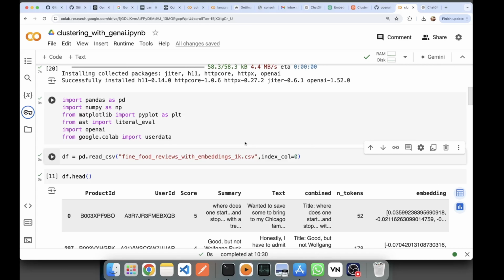Have you ever checked it? Have you ever checked the distribution of these numbers inside the embedding? Just have a thought on it: what is the max, the min, and what is the distribution of these numbers in the embedding? Okay,